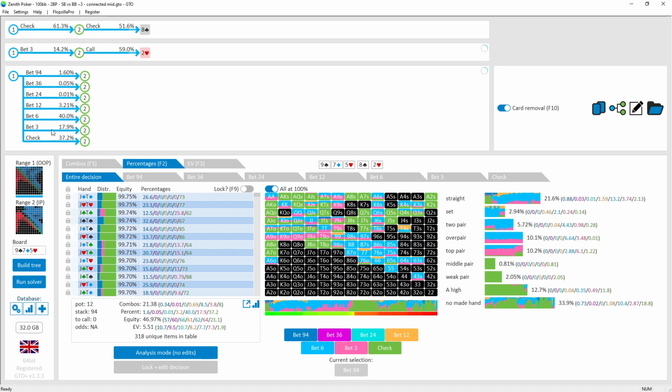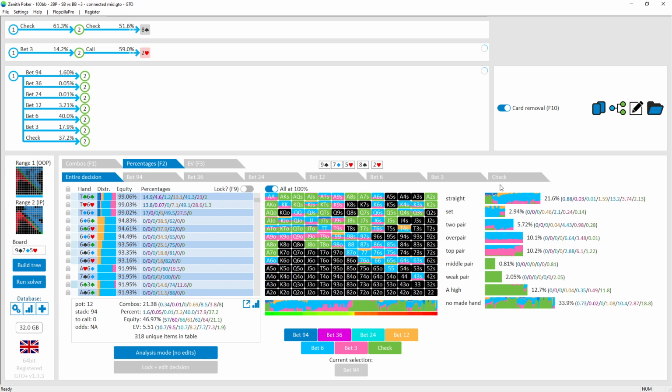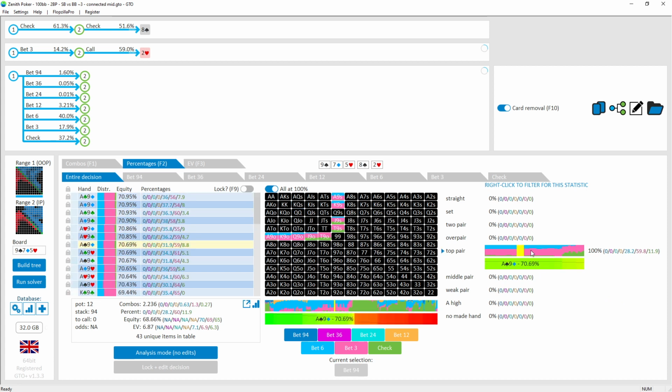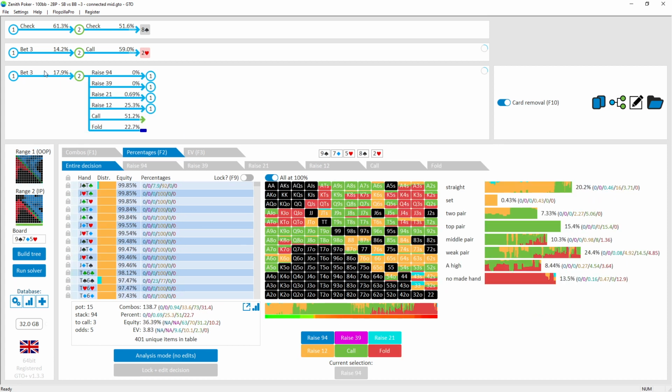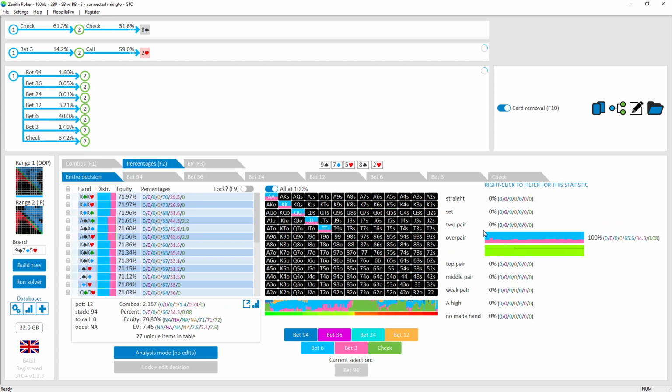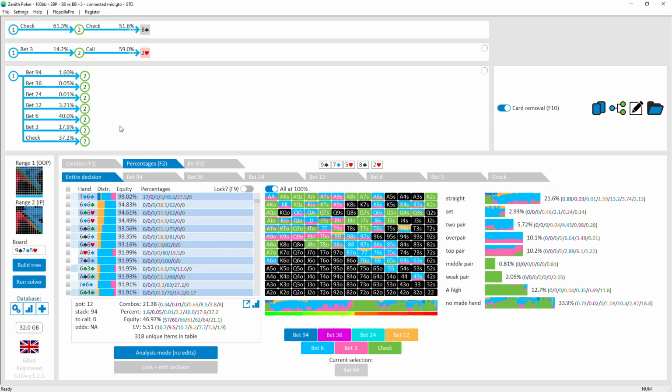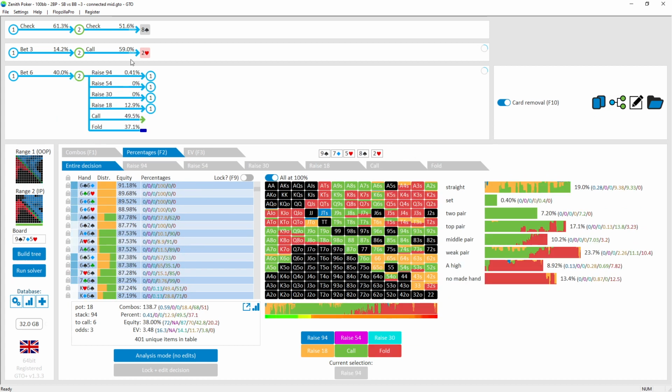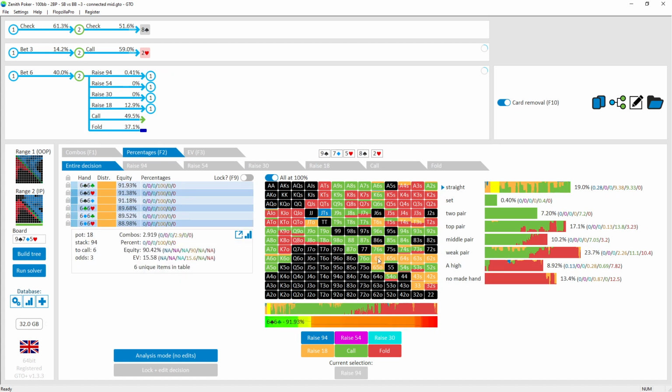Say, for example, we get a rook on the river, and now a lot of those straights and pairs and stuff are going to be blockers, betting half pot. These other pairs, weaker top pairs, betting small or checking, and then stronger hands such as two pairs, overpairs, sets and the straight with the 6, betting a bit bigger. And if you get